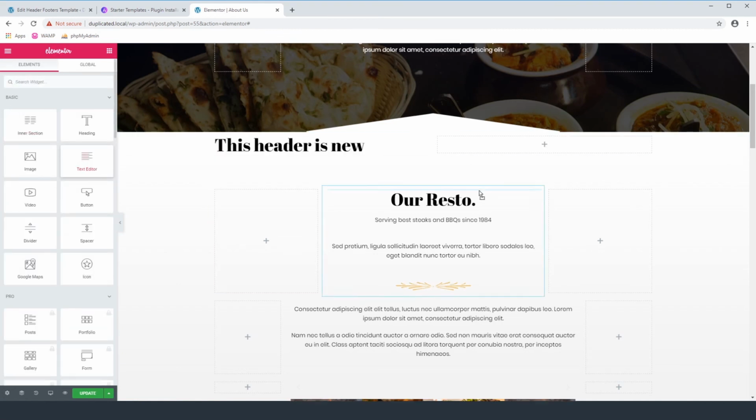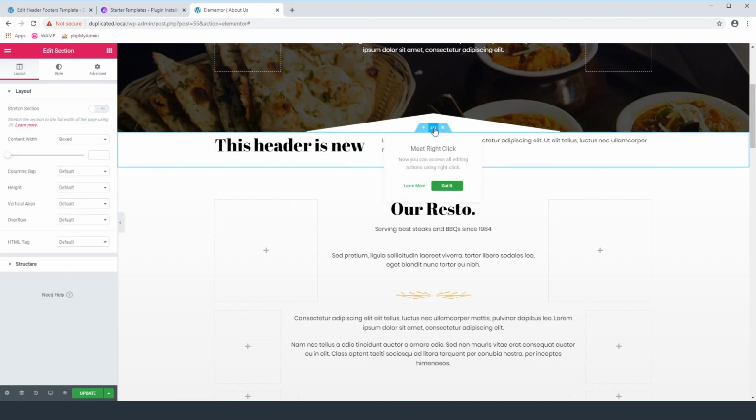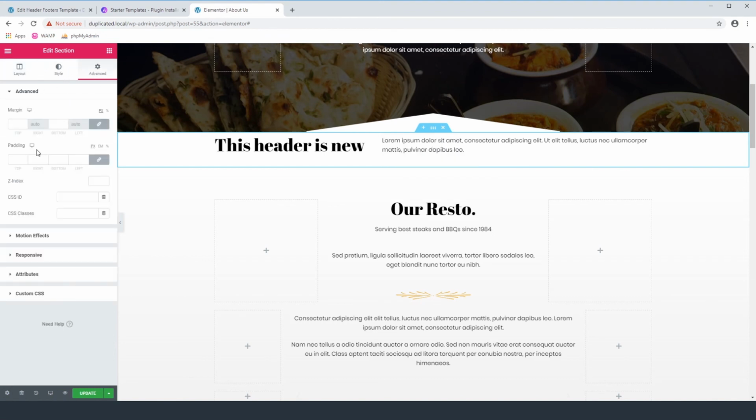So we're going to drag and drop this text editor and add whatever text we want to add to it. I'm not really liking the spacing on it right here, so I'm going to take this and move it over a little bit. And we also have where it's very close to the top, so we can click on this again, just like we did with the top section. We can click on this, and then we go to Style, Advanced,